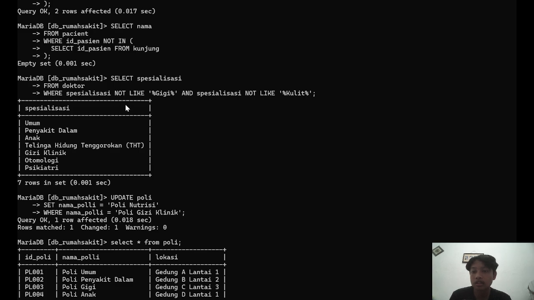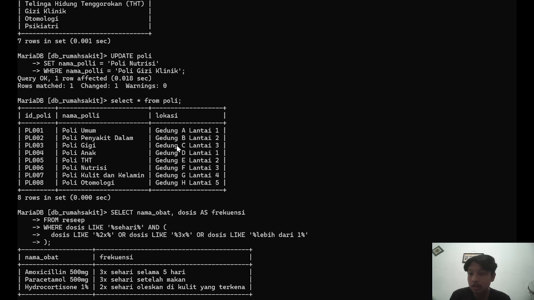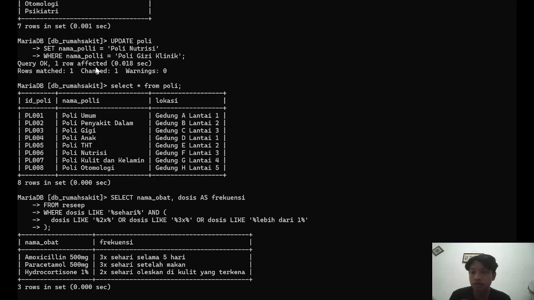So this is the NOT LIKE condition I use right here. Okay, and next one is number 12. This is the query for number 12. This query changes the name of one department from Poli Gizi Clinic into Poli Nutrition. So it can be used to reflect rebranding or an update in hospital service.